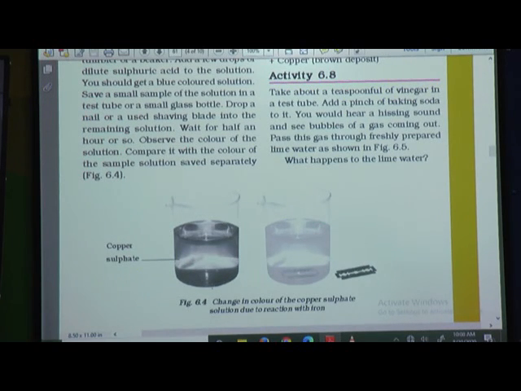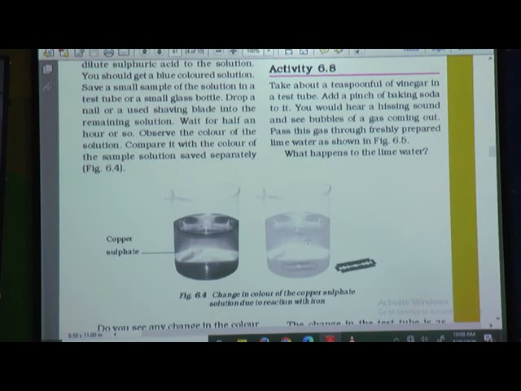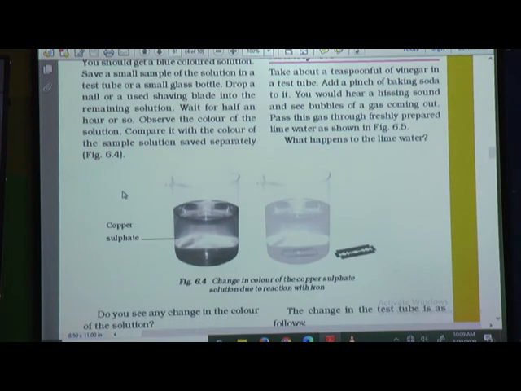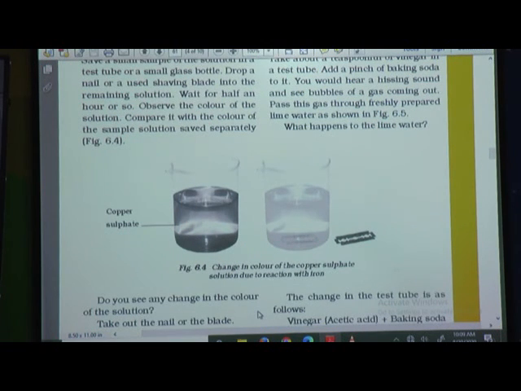Here you can see the first beaker is filled with copper sulfate. Okay, and after you make this solution, you can see here a blade is put in this solution. The change in color of the copper sulfate solution is due to the reaction with iron, like this it is shown here. But in the textbook you cannot understand how the color is changed. The color is not shown, so you can't see which color the copper sulfate solution has, which color it has after adding sulfuric acid, and what happened to the blade. Okay, so I am going to show you a video, and you will understand what happens exactly in this activity.